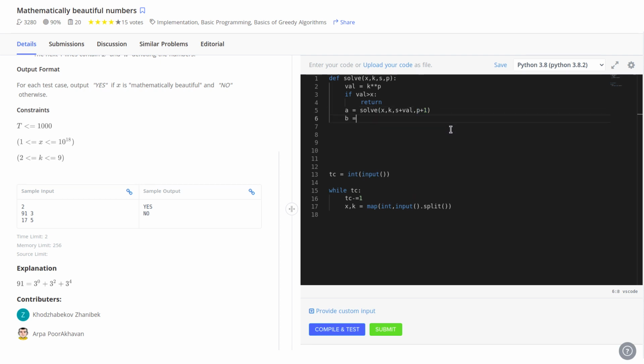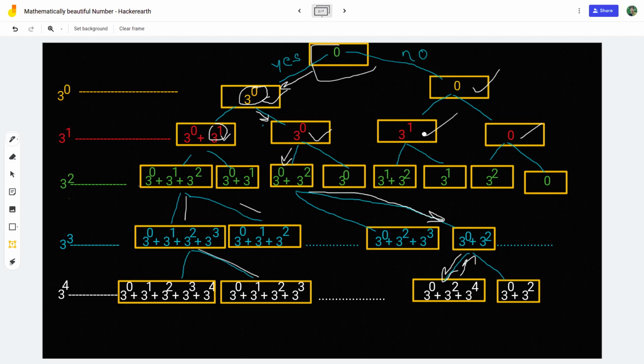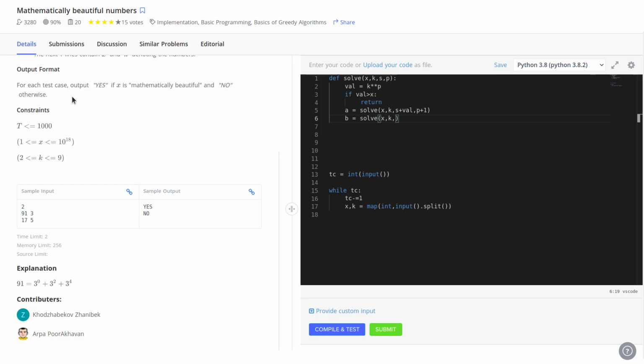Similarly for b also we are going to solve this. X and k will not change, but as you can see in this diagram, in the second case we are not adding 3 to the power 0. So whatever our last value was, we go with that, but the power will change for the next step.